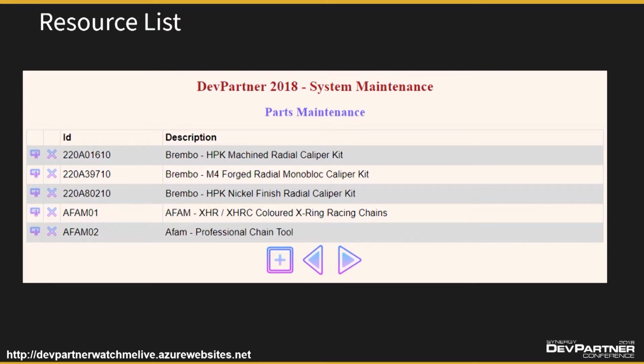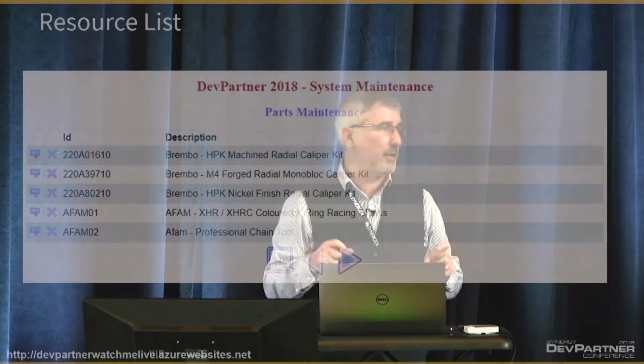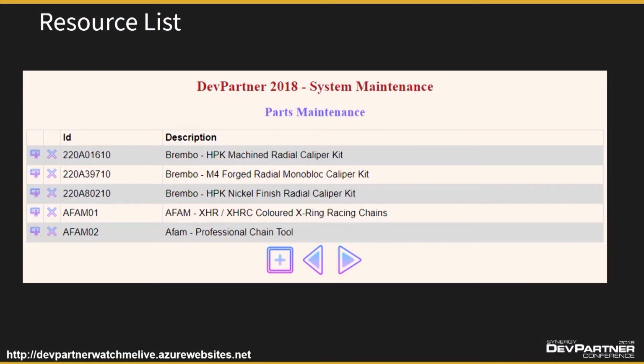So here's a part maintenance. You start with a list. The list is pageable, so we've limited it to 5. There may be hundreds and hundreds in the file, but we're limiting it to 5, and the arrow buttons at the bottom will allow you to go next page, back page. The little cross button allows you to create a new one. The buttons at the left-hand side, the first button allows you to edit it, and the second button allows you